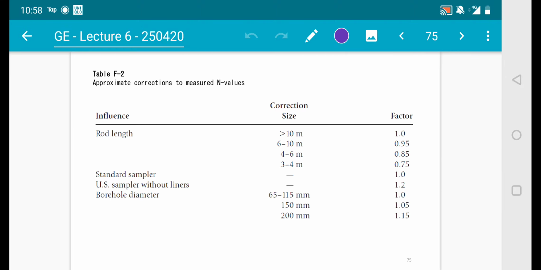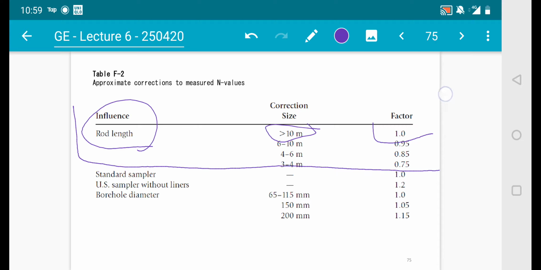Okay, let's look at this Table F2. This is the approximate correction to measured N value. We have influence from the rod length, and we have a variety of rod lengths. If the rod length is more than 10 meters, the correction factor is 1. If it's 6 to 10 meters, it's 0.95 and so on. So this is the influence of the rod length that we have to accommodate inside the correction of your raw